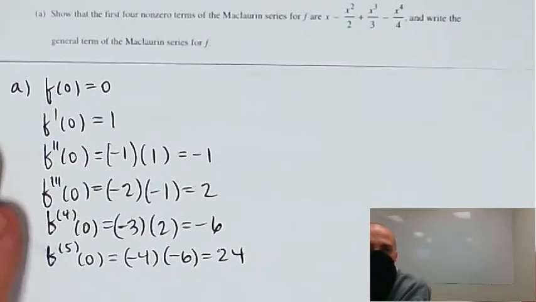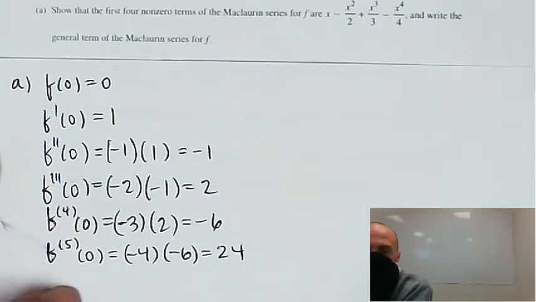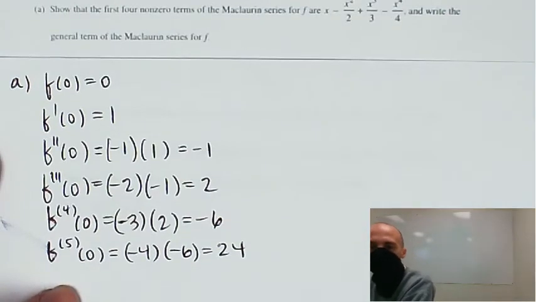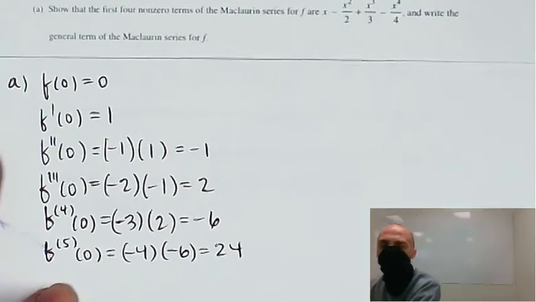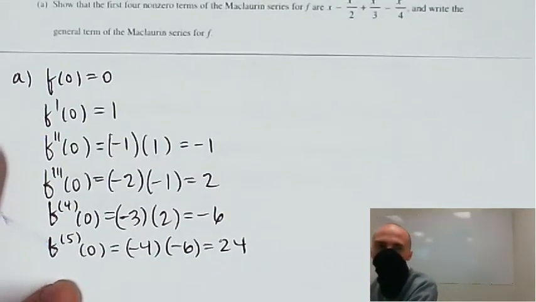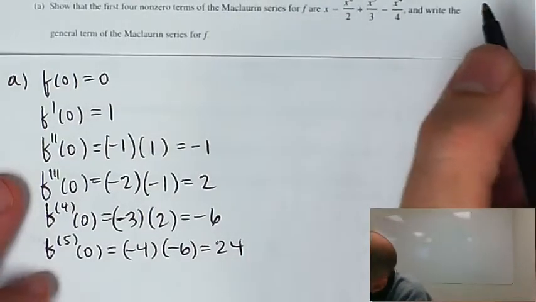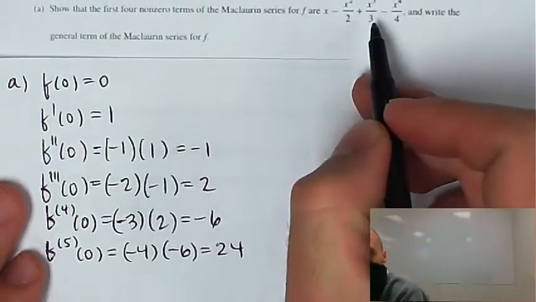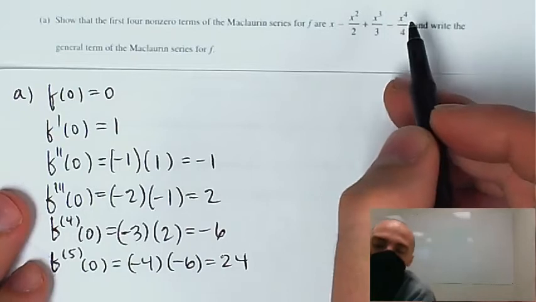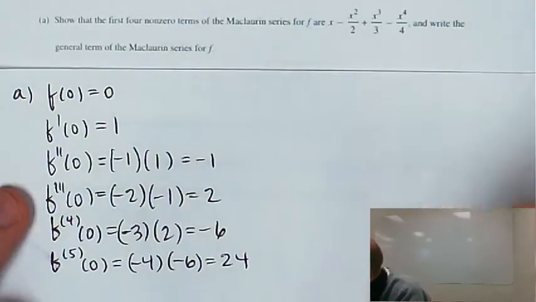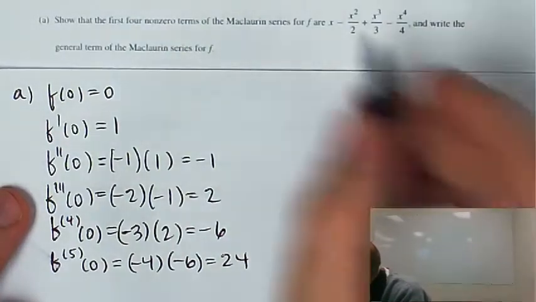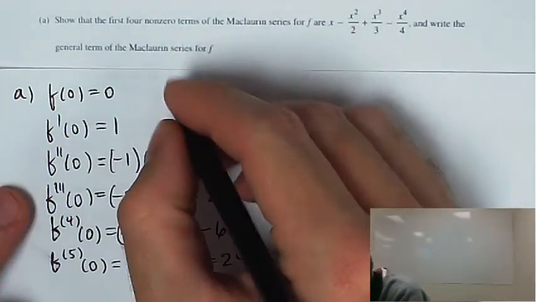So maybe I'll come back and write the general nth derivative here, but I was shown a better way of writing the general term of the Maclaurin series for f earlier this morning. So I'll show you that, and then I'll show you how you would actually go through and really show it. Since they already gave us this, we can probably figure out the general term. It's what they were saying to me in my third period class, which actually, to me, makes a lot of sense. So I'm going to say, well, the Maclaurin series for f